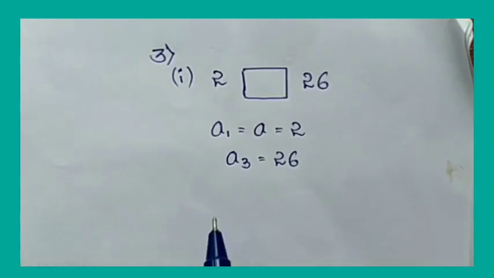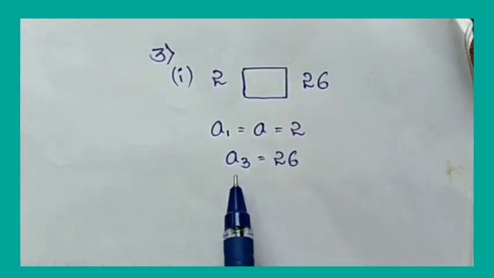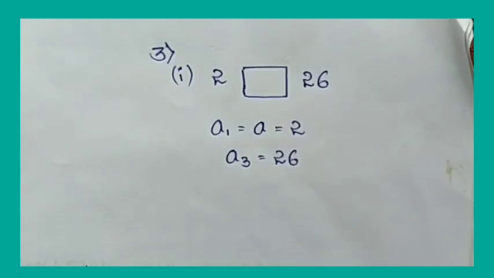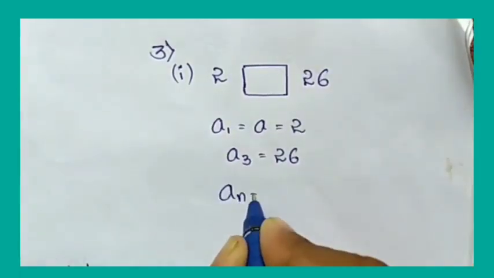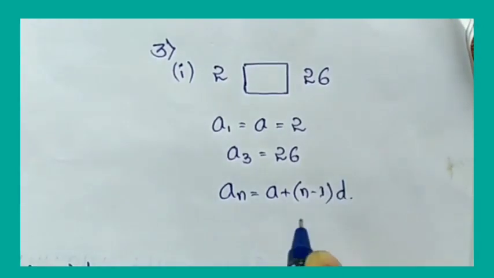In the first one they have given A1, A2 is blank, meaning a box, and A3 is given. So A1 we know, A3 we know. Now we have to find A2. Let's do it by calculating. In the first term, A1, we can take it as A, that is 2, and they have given A3, that is 26. So we know the formula for the nth term, use that: